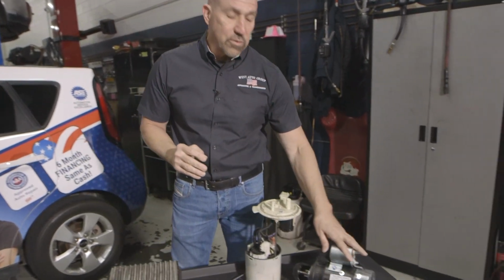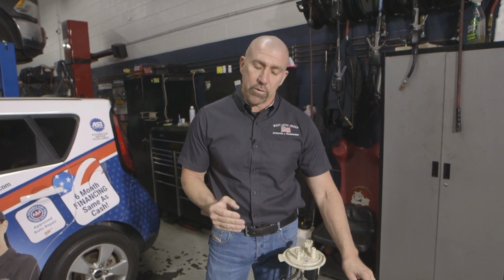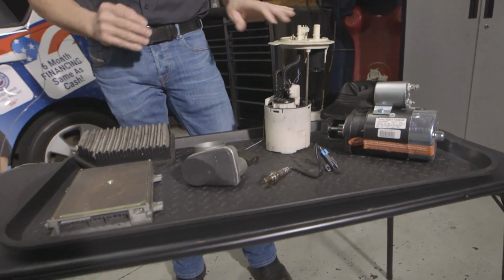Typically, we want to go with new parts on your vehicle, but there are some instances, such as sometimes with starter motors or alternators or other things, that remanufactured is a way better option because of quality and cost, of course. When we're talking about what we're putting on the vehicle, such as fuel pumps, at the West Automotive Group,